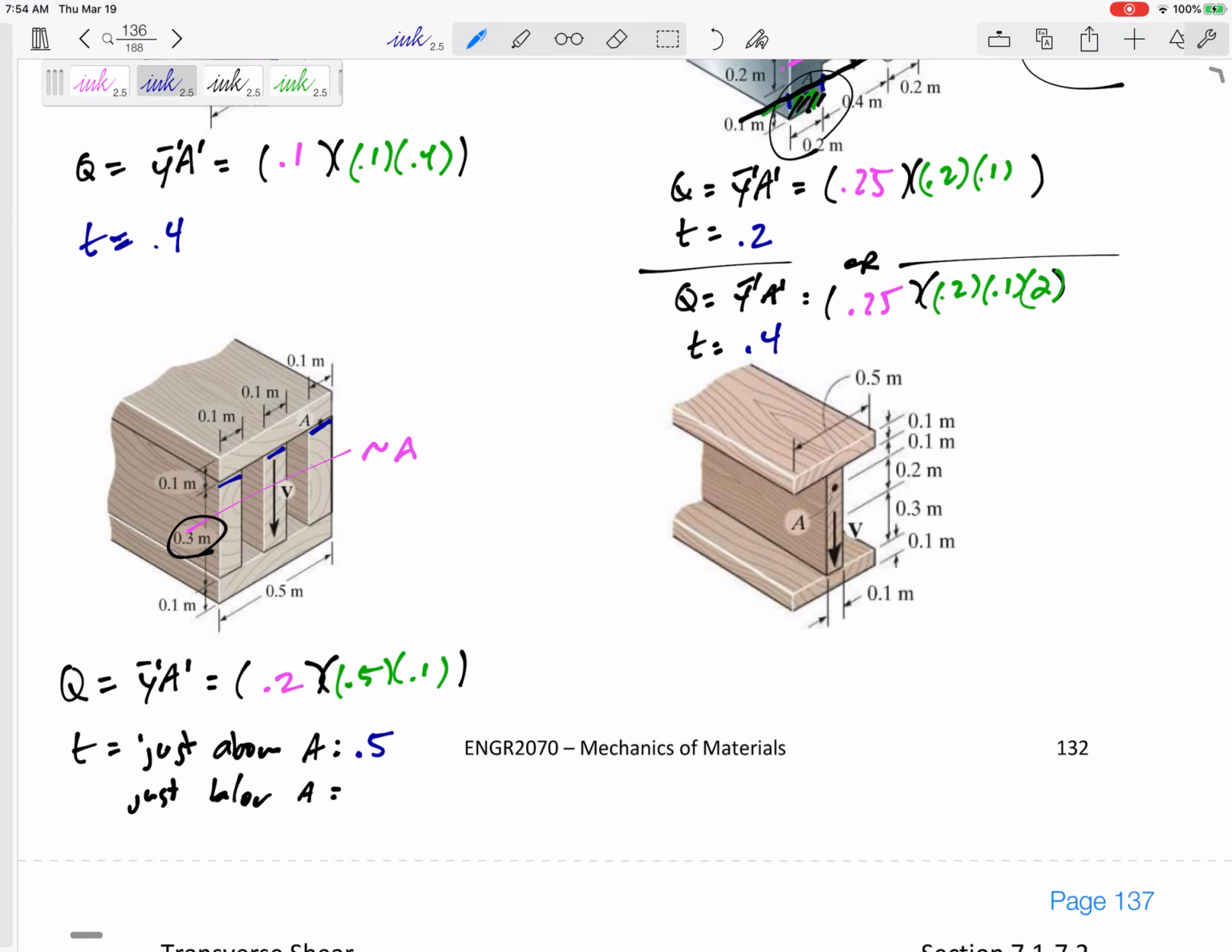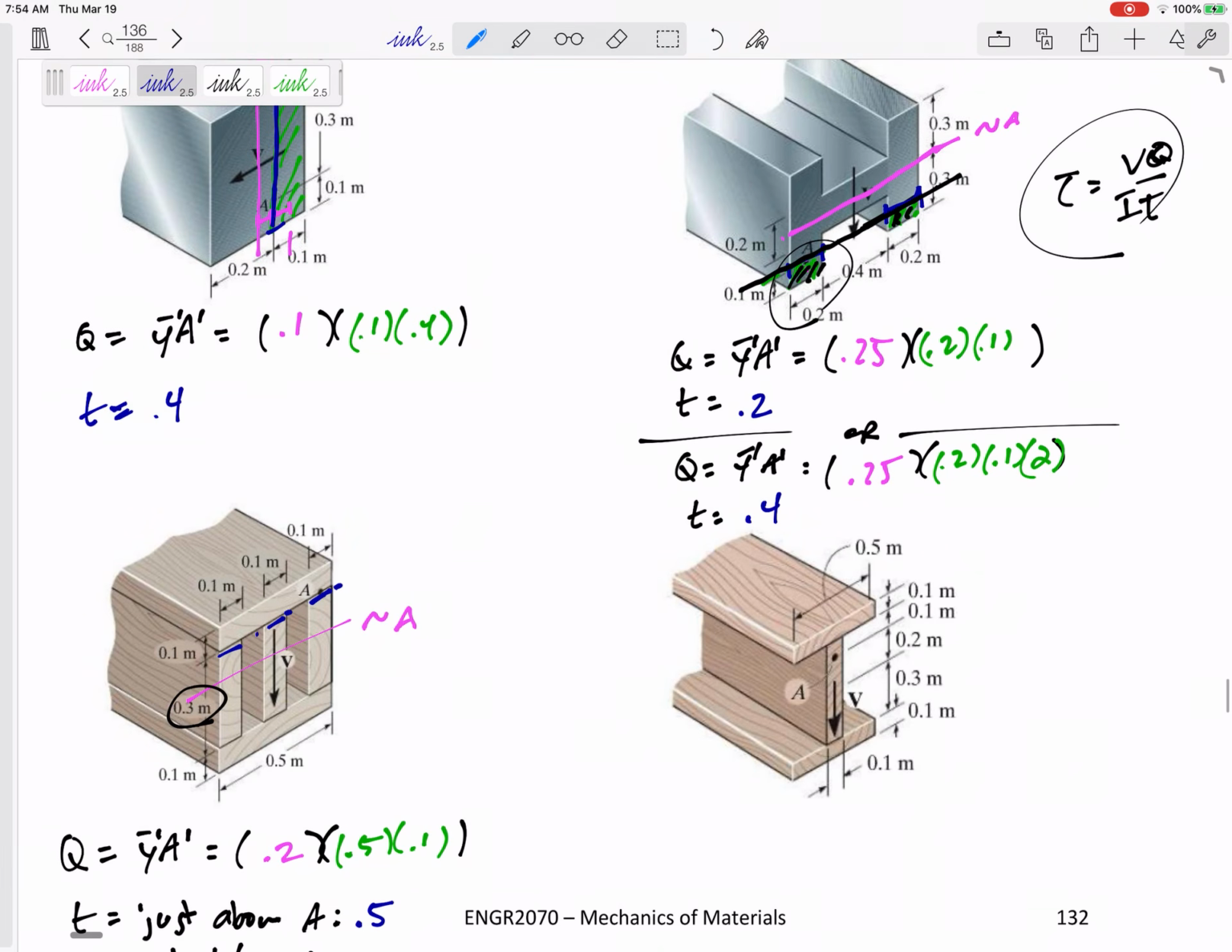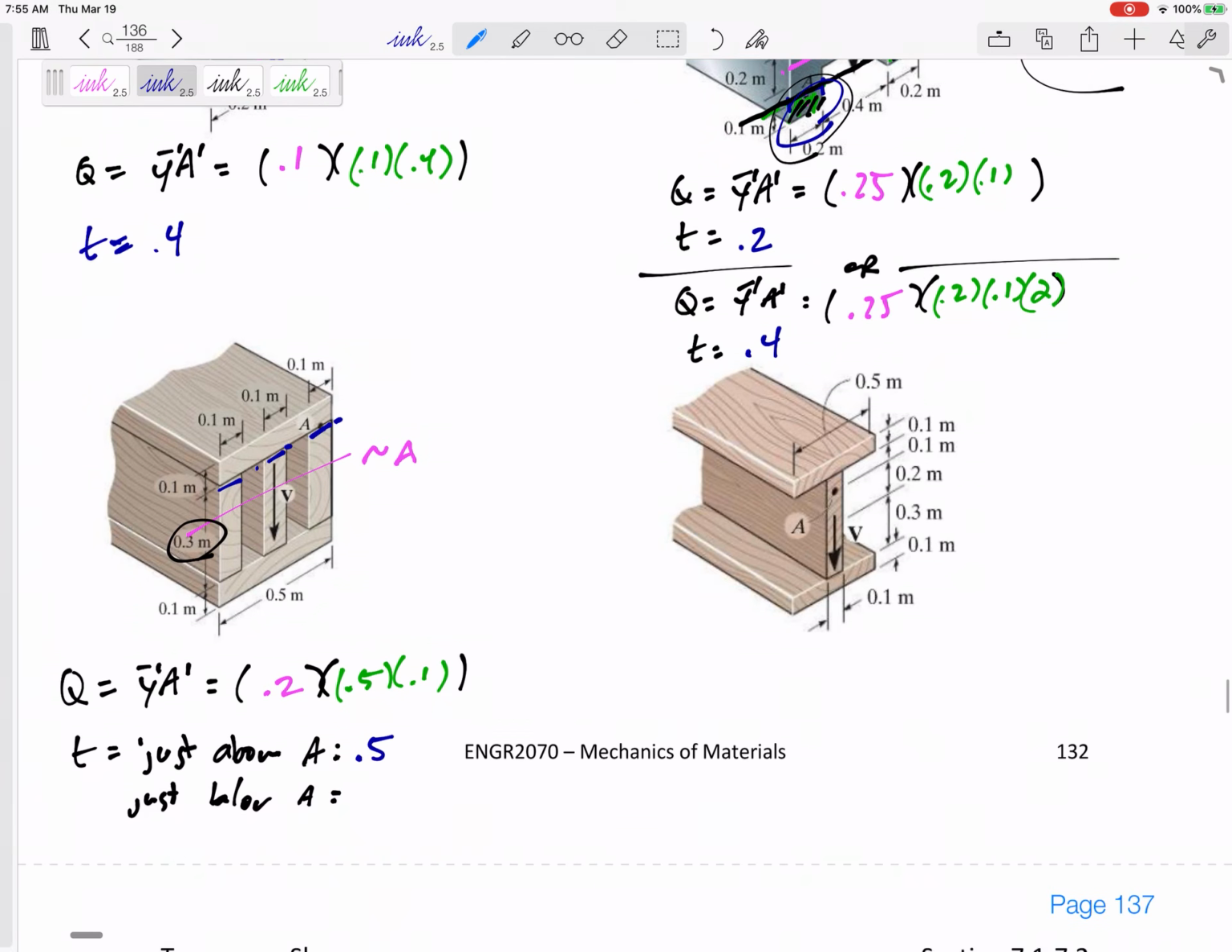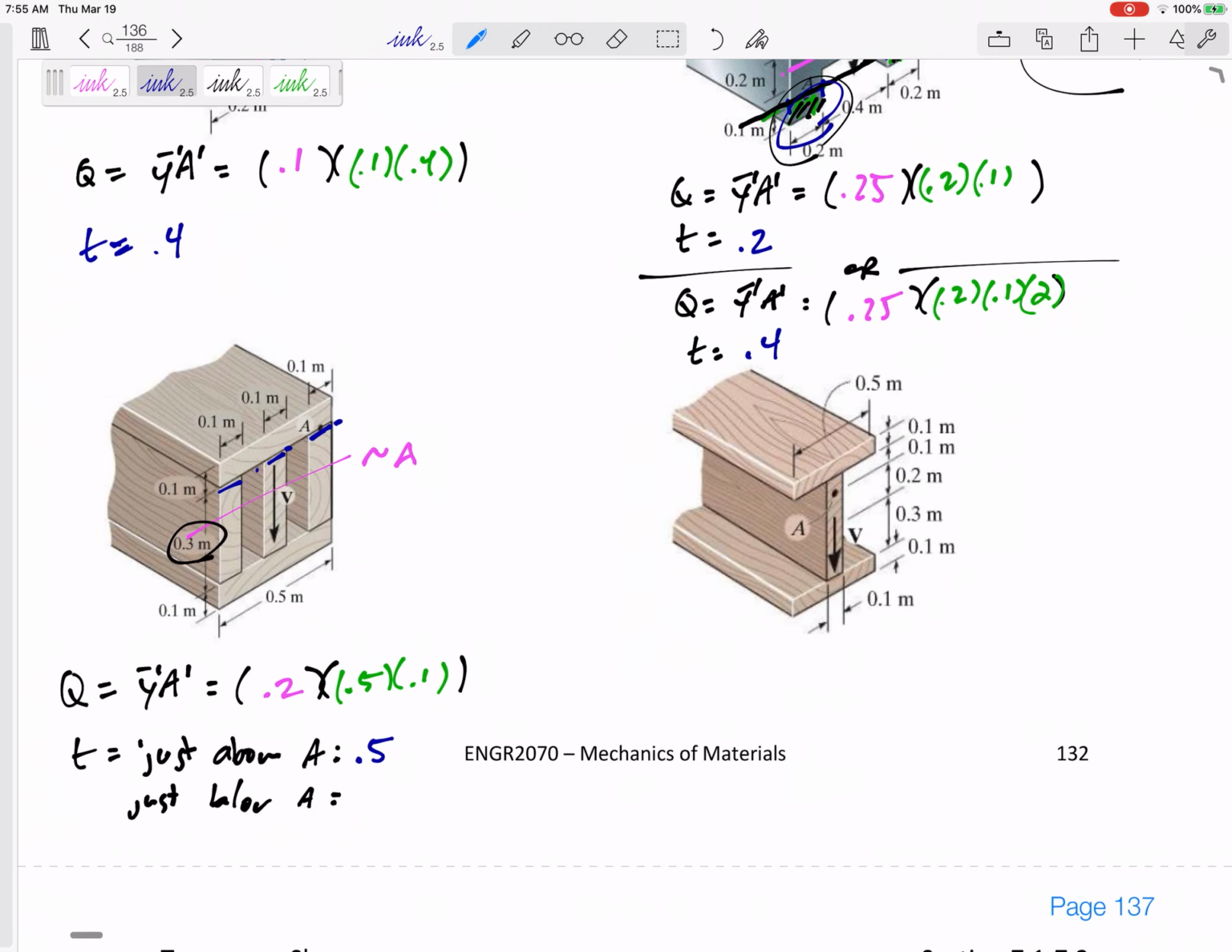Why do I need to do all three? Because this A prime was that whole area right here. So that wasn't like this past one where I only looked at one, and so I'd only need the thickness of that one piece of it. That A prime was, I cut across the whole thing. So anyway, for this thickness just below A, I would need to add 0.1, 0.1, 0.1, 0.3 right there, just